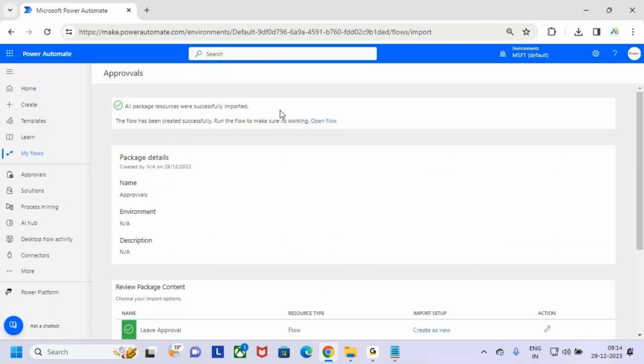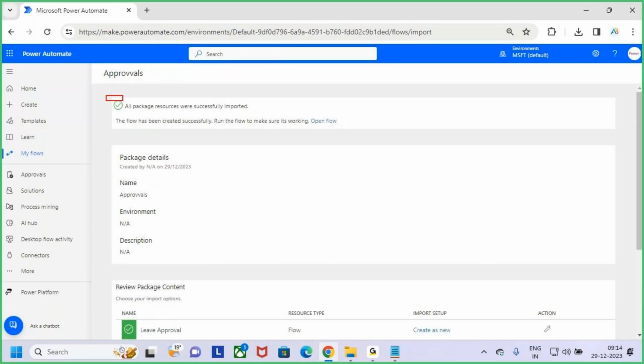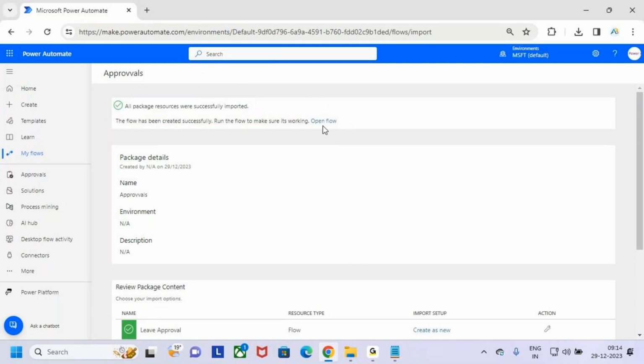Now see, once it is imported, you'll get this message: all package resources were successfully imported. Your flow has been created successfully. Run the flow to make sure it is working or not. Now click on this open flow. When I click on open flow, it is going to open